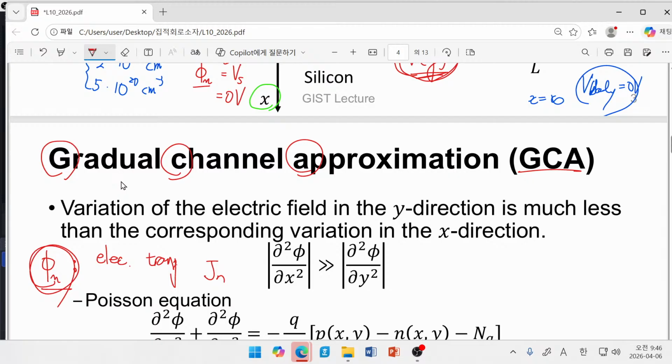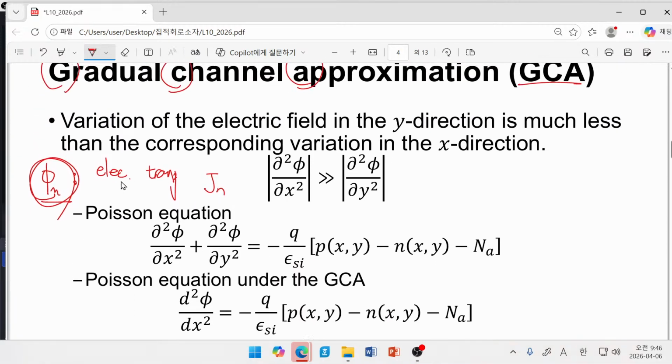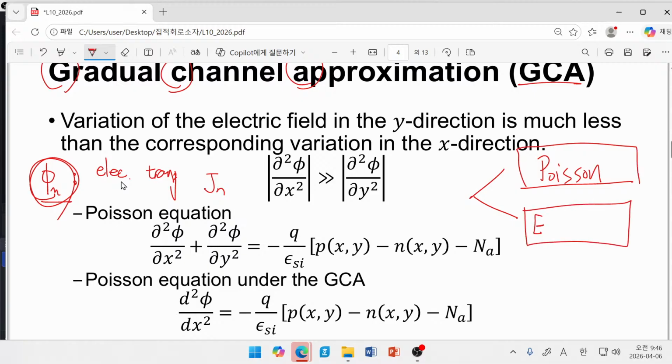But please remember that in order to analyze this system, we need two different approaches or two different considerations. One is the Poisson equation, so how many electrons are gathered by electrostatics, and another one is electron movement or electron transport. So we have to understand this one. And now our question is,